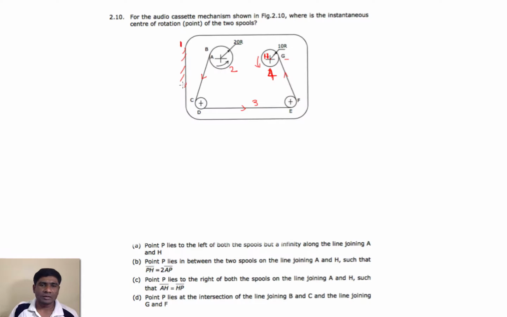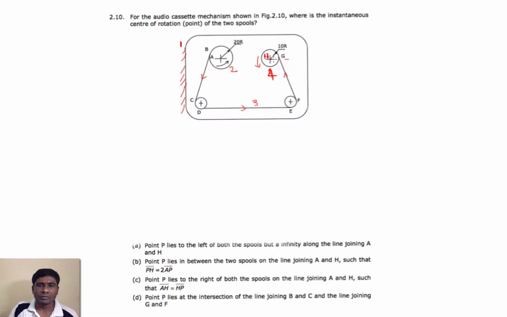So this is the arrangement of a cassette with the 2 spools, and this tape, or link 3, is considered as inextensible. So when it is inextensible, whatever amount of tape is going into the spool G is equivalent to the amount of tape released from the spool B. That means for an inextensible tape, the amount winding here is equivalent to the amount released by spool B.